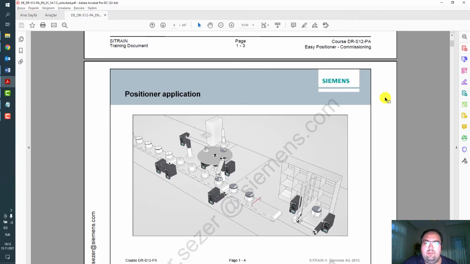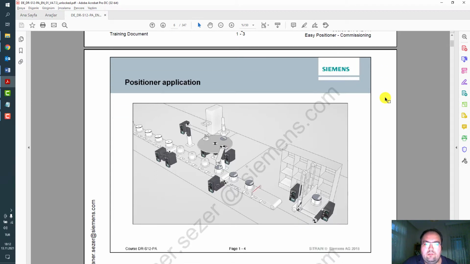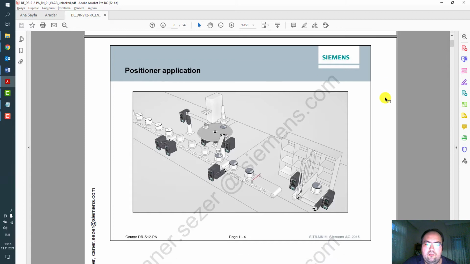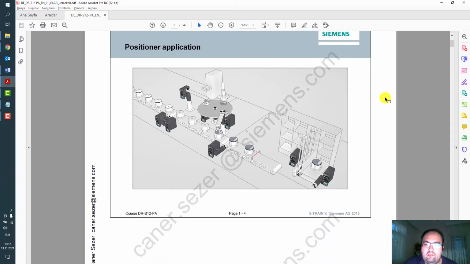And at the next page there is an example picture of application and use case scenario of our EPOS. In a factory there are some conveyor belts running like this. There is a rotary table with different kind of stations.